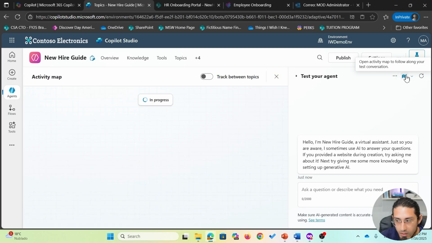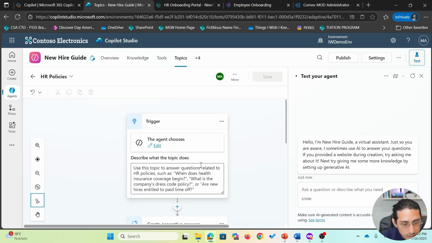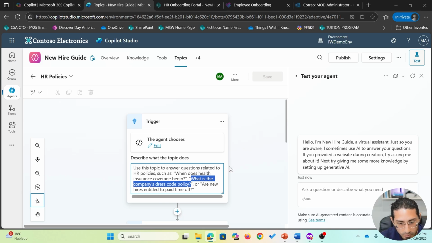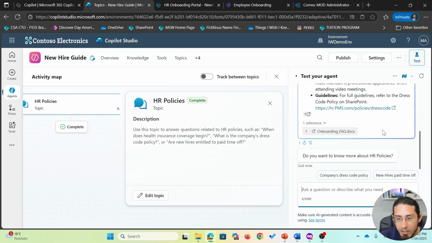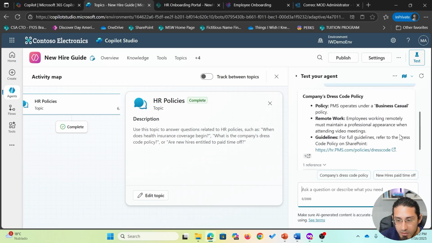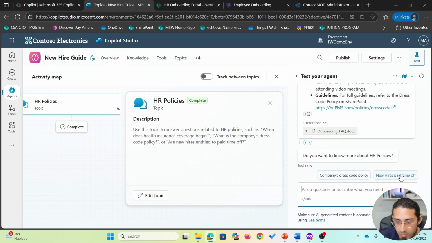But before doing that, let me go to the topic and select the same question just for the purpose of the demo. If I ask this question, it will invoke the HR policies topic, and it will generate an answer for me from this specific document that I have created. Then it's providing me the message that I previously configured, and also some specific trailing prompts